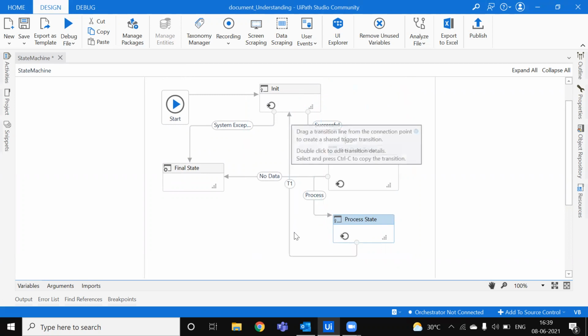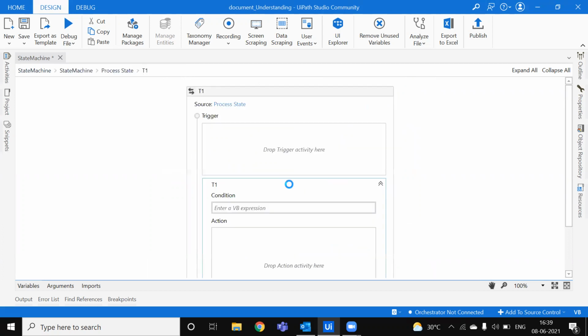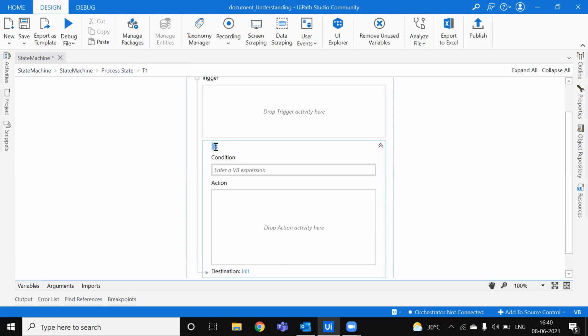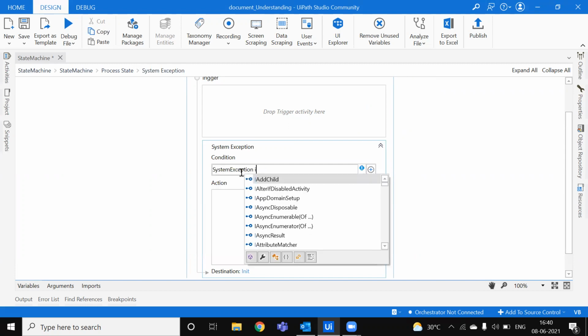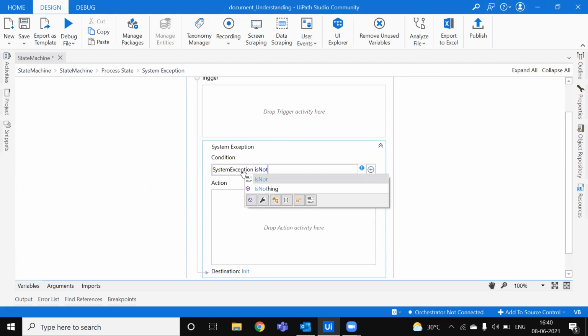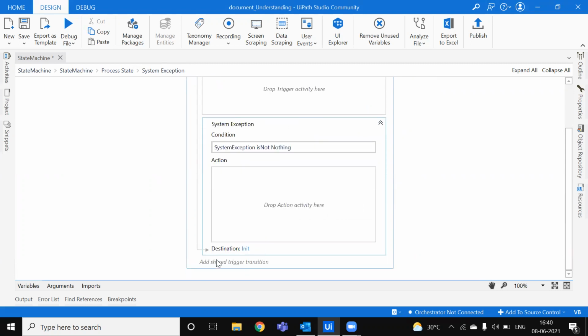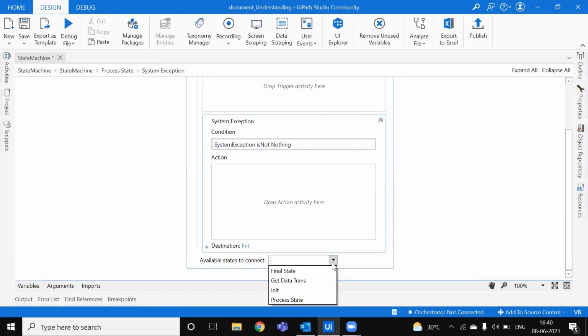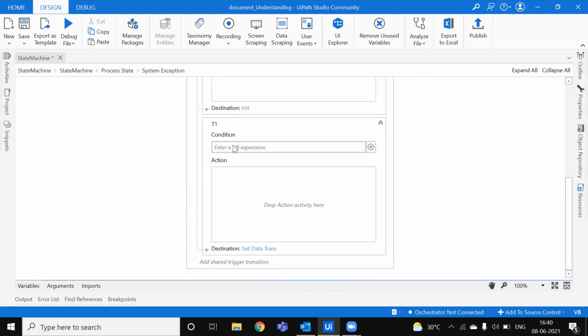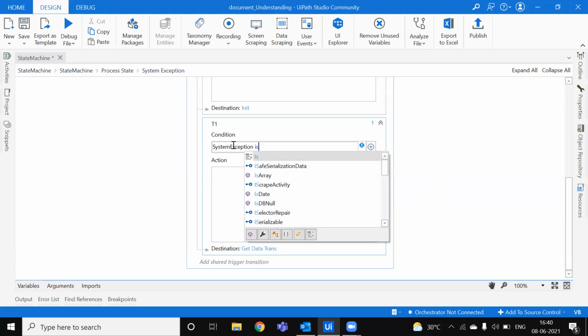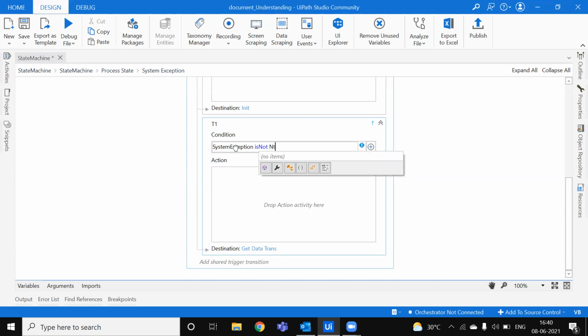So even here, I'll define the system exception. If system exception is not nothing, then go to the initialization. We'll add another trigger, saying if it has to go to the get transaction data. So if system exception is not nothing,